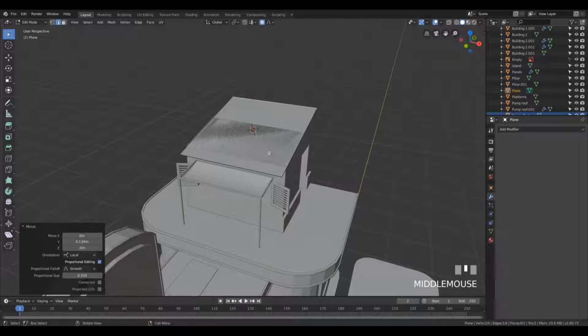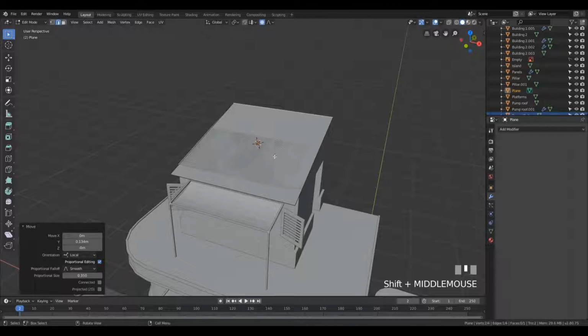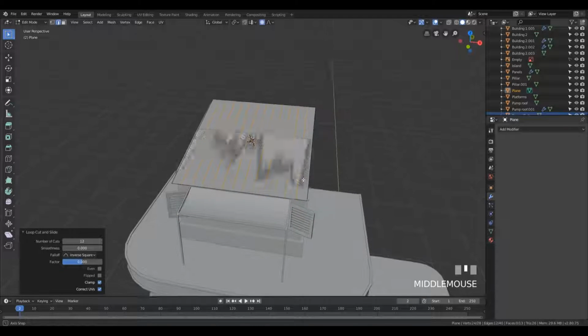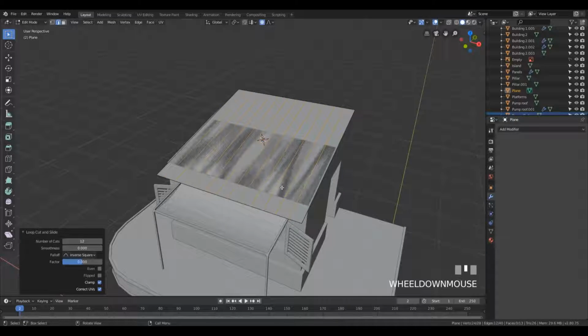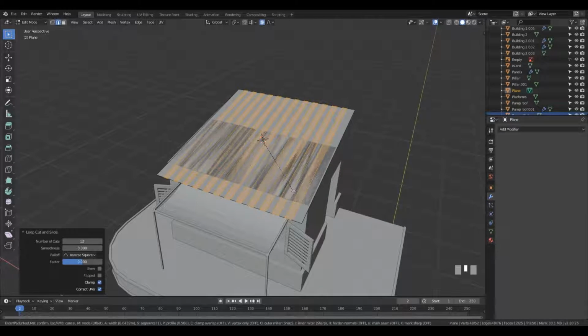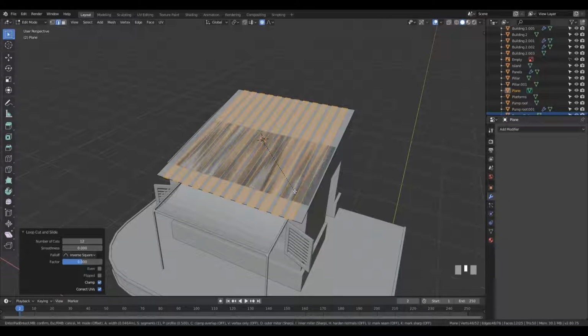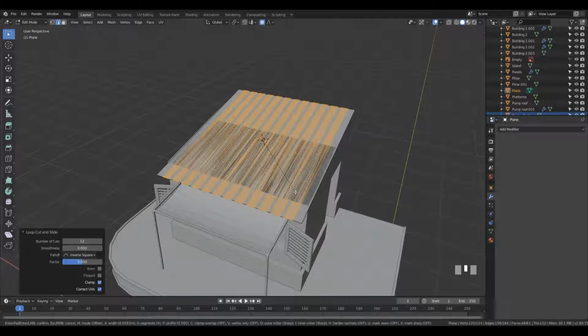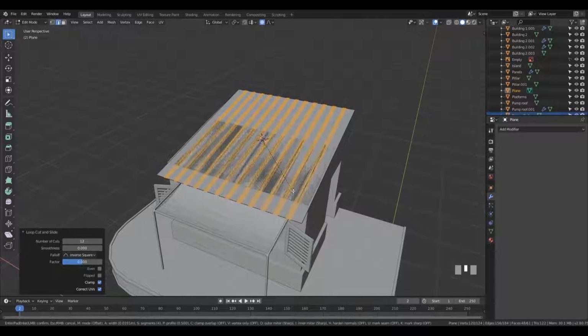Now I want to create like 10 to 12 cuts here on the roof. So yeah, let's do that. I think this is 12 cuts. I'm okay with that. And right now I want to bevel these. So let's press B. But I want to bevel with 4 steps. You will see why in a second. So let's move the mouse wheel once, twice, 3 times. No, actually, yeah. So we have 4 segments,